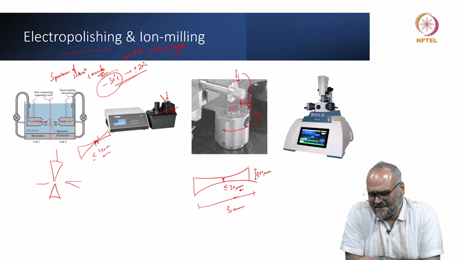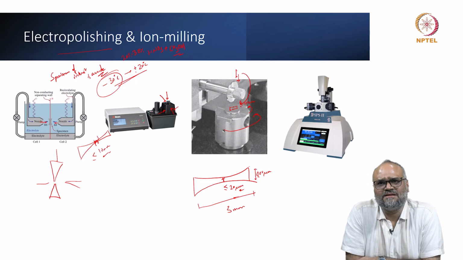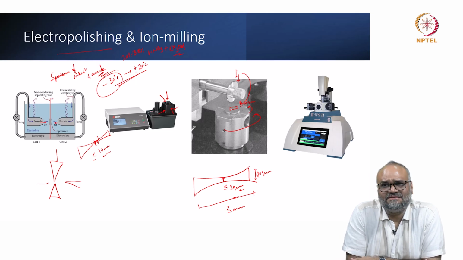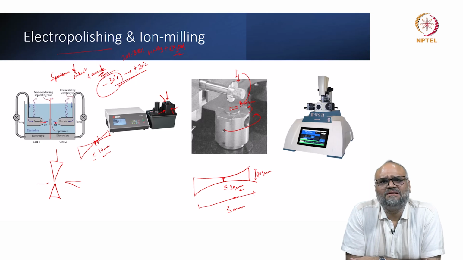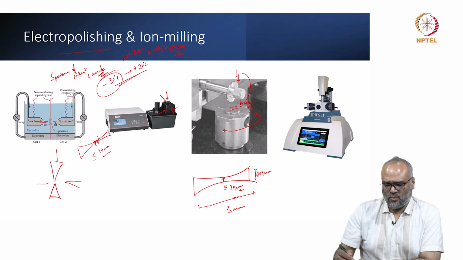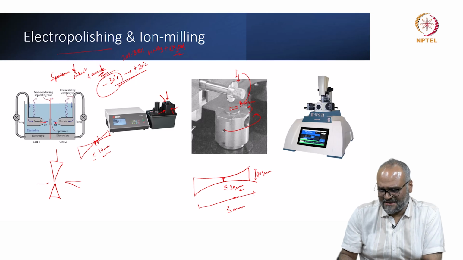This is the Gatan PIPS 2. There are alternative ion milling systems as well. I think there are systems from Leica, Technoorg Linda, and Fischione, Hitachi. I think even JEOL has one. There are quite a few systems like this. But the idea is when I have a dimpled specimen like this,